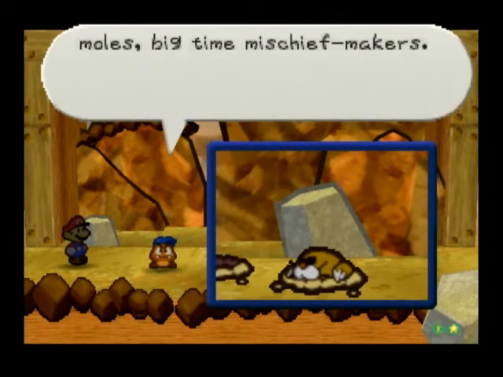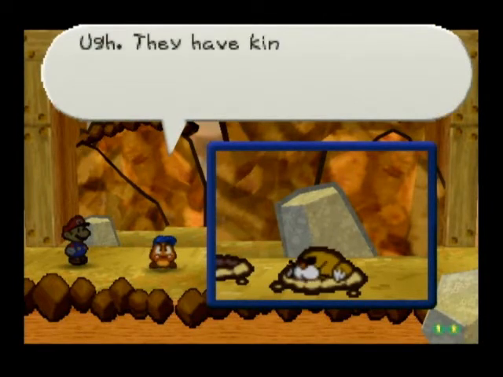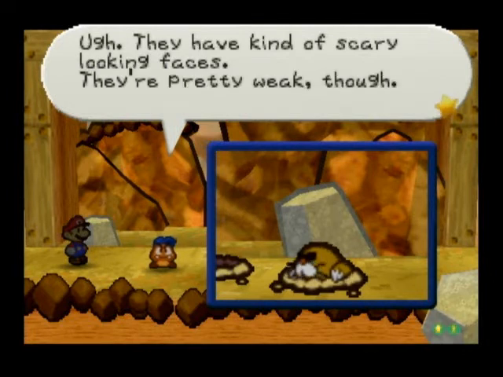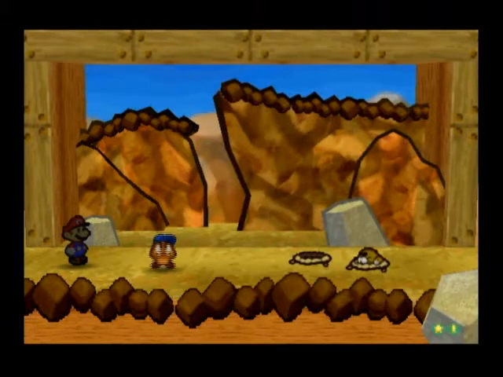This is the Monty Mole. Monty Moles are rock-throwing moles, big-time mischief makers, 3-2-0. They have kind of scary-looking faces. They're pretty weak, though. Maybe you should wear sunglasses because they really are sensitive to the...